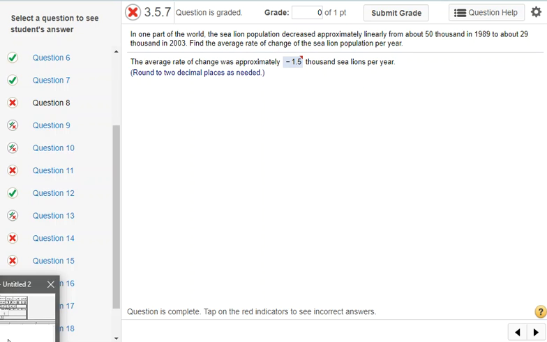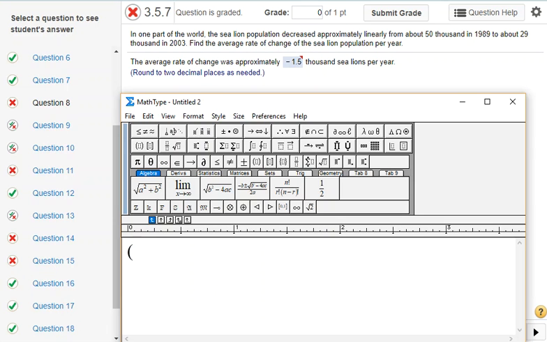So I made myself a couple quick ordered pairs here. Let's say I start in 1980, so I would have 9, 29, and my other ordered pair would be 23, since 1980 to 2003 is 23 years. Oh, I'm sorry, that one is the 29, and then the 9, 1989, was 50. It doesn't matter what you choose as your starting year, just make sure that you pick some year to be a starting year, and then you can calculate your rate of change as your slope by subtracting